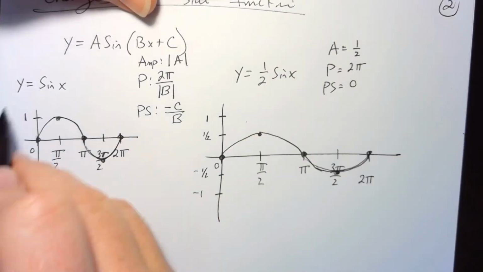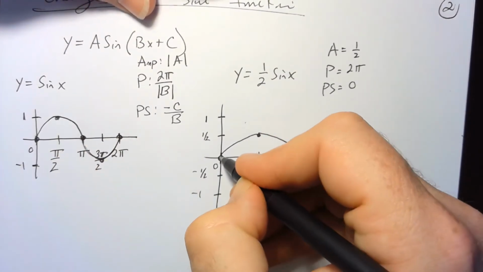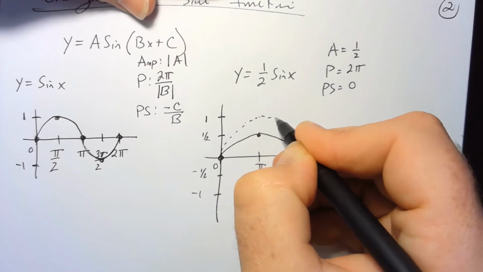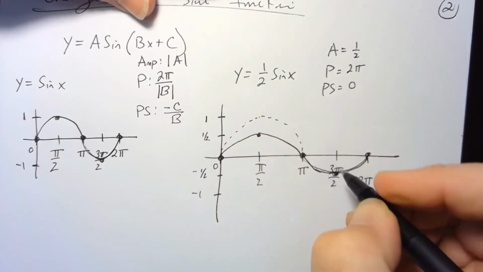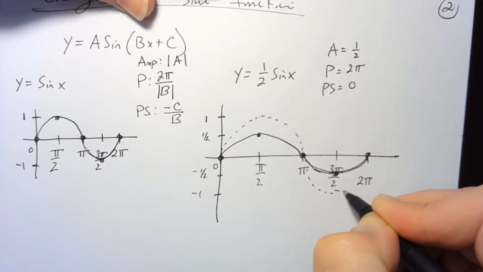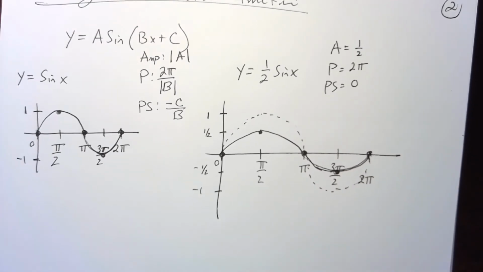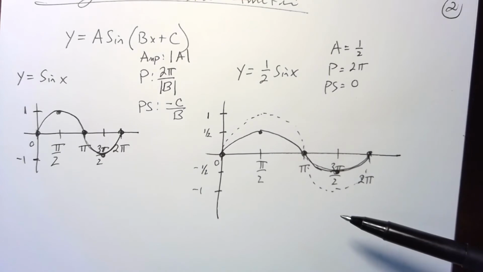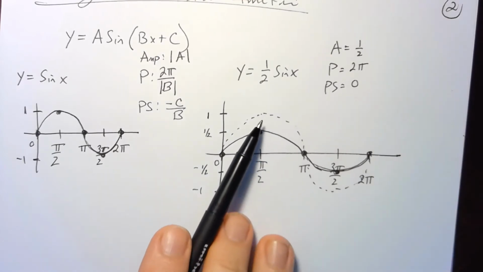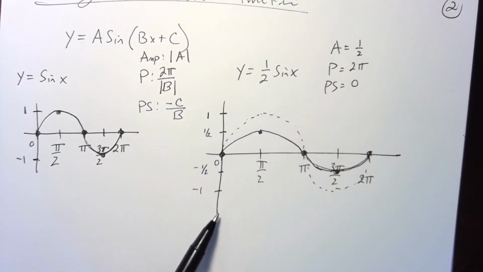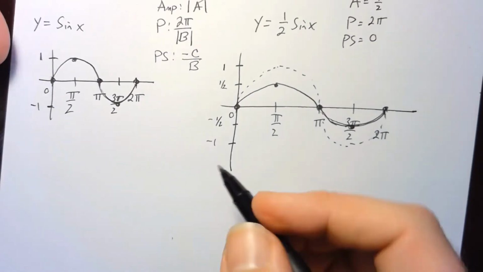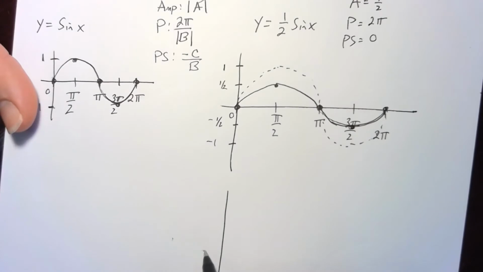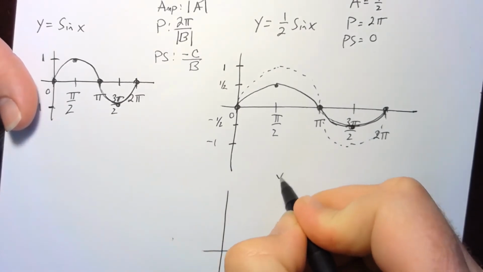If I were to graph this function on top of this, superimposed into it, it would look more like this, as I do a dotted line to identify those points. So what you'll notice here is that if I'm going to graph a sine function, I can graph it more or less on the exact same set of axes. The only thing that's going to change is where I put these dashes and what the value at those dashes are. For instance, let's go ahead and do another function, but this time do y equals